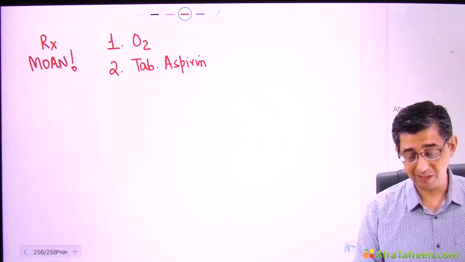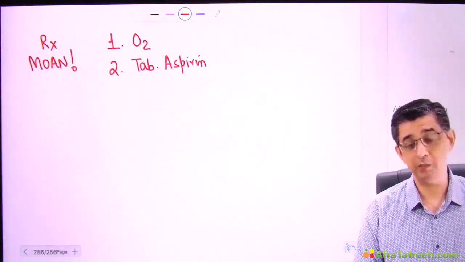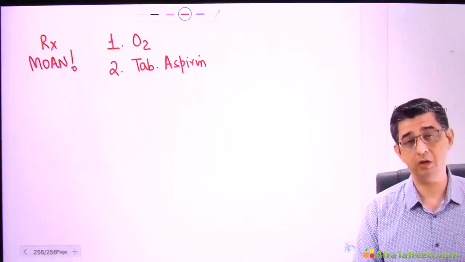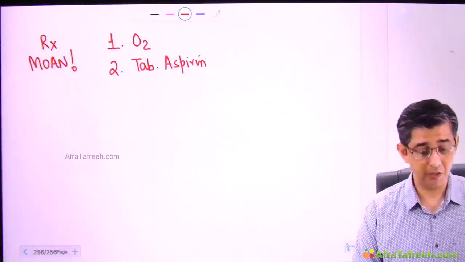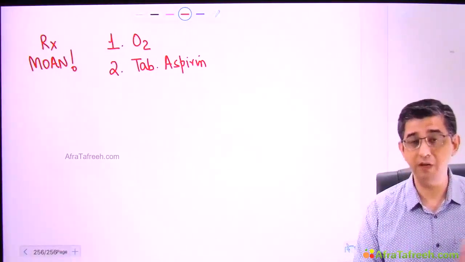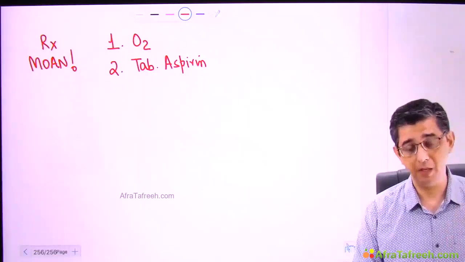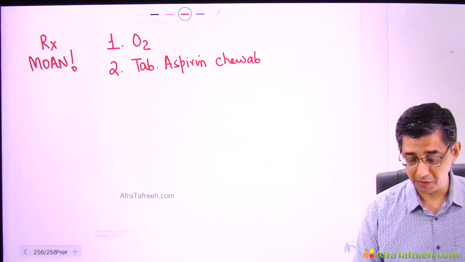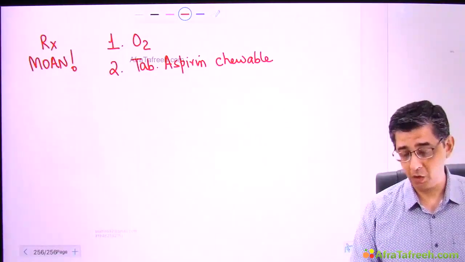I'm not talking about the 75 milligram tablet, the baby aspirin that I was talking about initially in the acute coronary syndrome topic, when I talked about chronic stable angina, or patients who are susceptible to ACS. They are the patients of chronic stable angina. In them, to prevent MI, we give 75 milligram. But at the moment, I would be asking my medic to give this patient a chewable tablet of 300